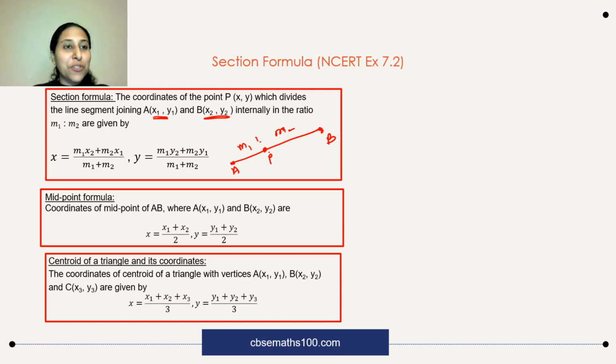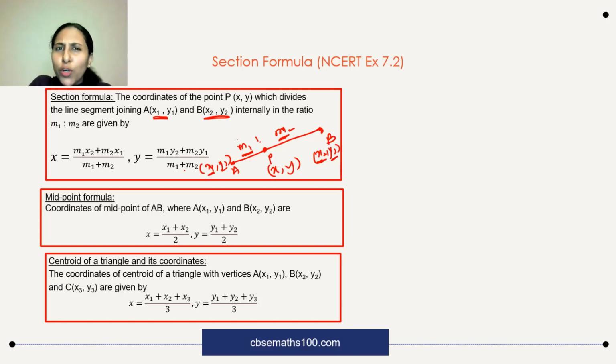Okay, the section formula gives you a method of finding the coordinates of this point P, which let's say is x and y. X coordinate, how do you get? Look at the pattern. M1 into x2. That means this will have x2, y2 as coordinates. This one has x1, y1 as coordinates. So it will be m1 into x2 plus m2 into x1 divided by m1 plus m2. Then you have m1 into y2 plus m2 into y1, the opposite, divided by m1 plus m2. Okay. This is the formula you use to find the coordinates of the point of internal division.